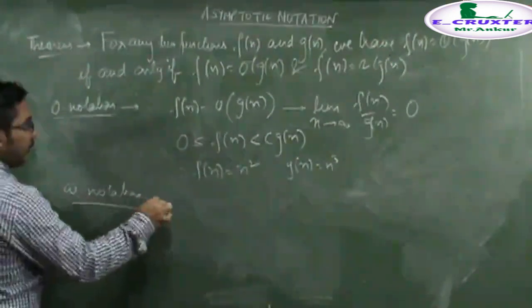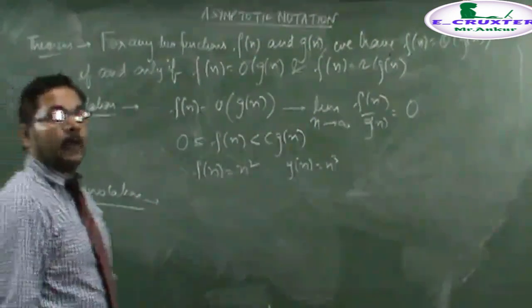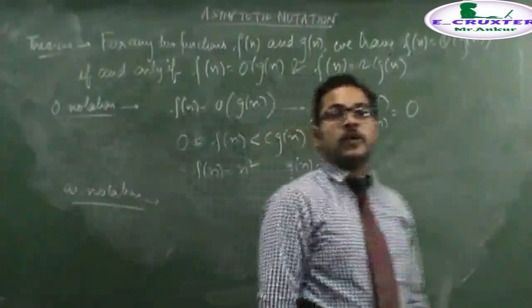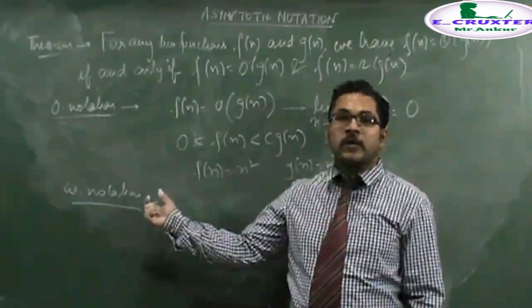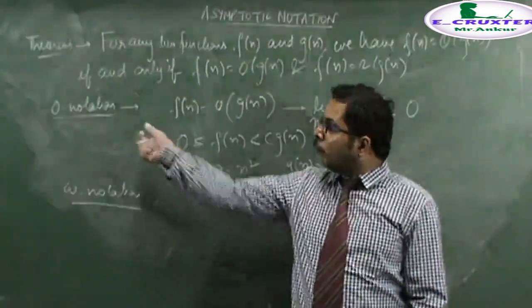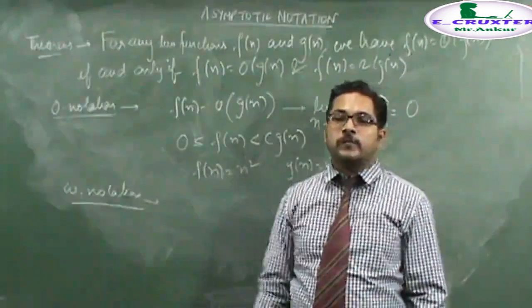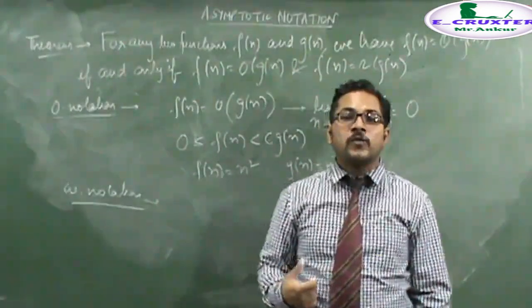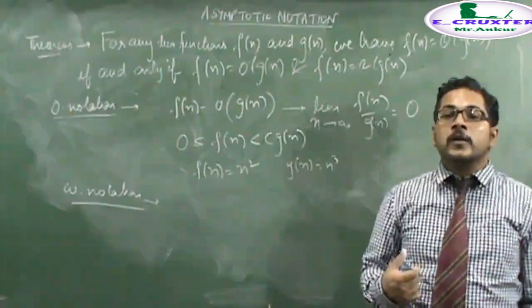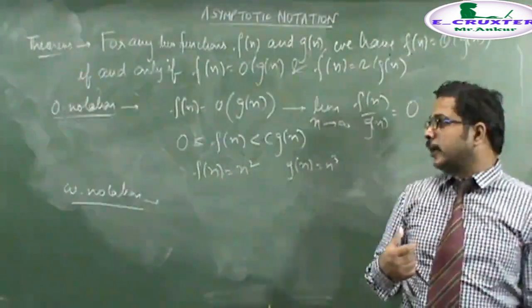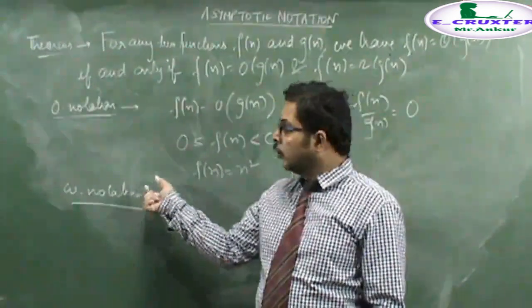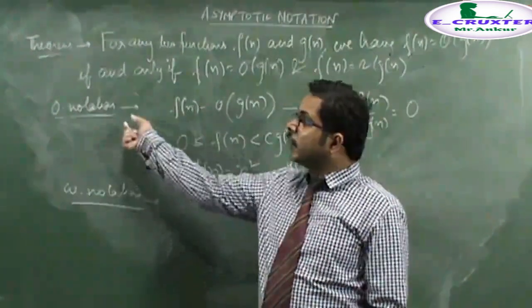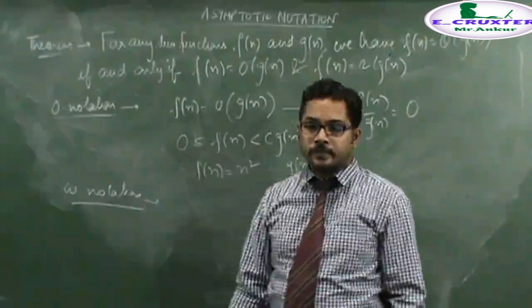Then the last notation is basically the small omega notation. By analogy, as we know, small omega notation is to big omega notation as small o notation was to big O notation. We use omega notation to denote a lower bound that is not asymptotically tight. It is basically used to represent the asymptotically loose lower bounds, similar to the small o notation.